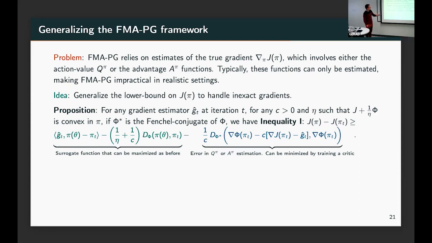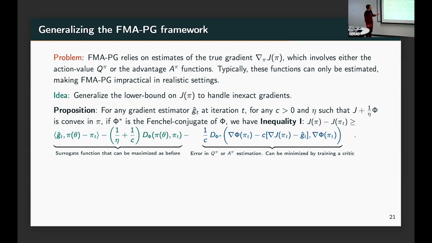But now that you have this loss, the goal here is the price you pay for using a model of the gradient that's not equal to the true gradient. So now we exactly have a loss for the critic. The goal for the critic is to minimize that blue term. Because if you can minimize that blue term and make it 0, then you go back to the case where you have the exact gradient. Okay. So this is, as far as we know, the first case in actor critic in RL, and actor critic has been around, I think the first paper is like 2001, where we have a single joint objective over the actor and the critic.